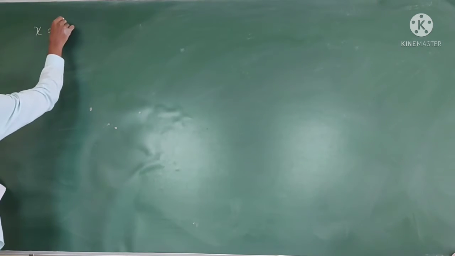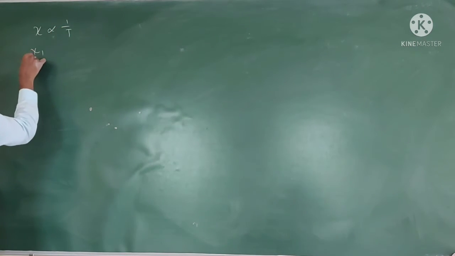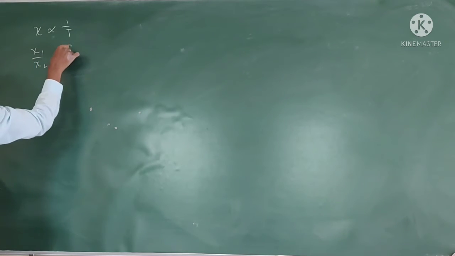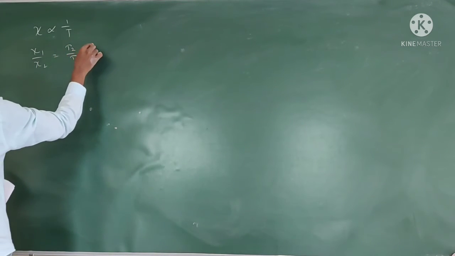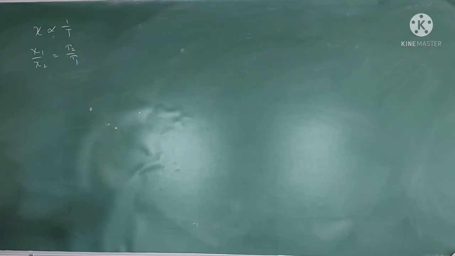Next, 16th question. Magnetic susceptibility of a paramagnetic material at minus 73 degrees Celsius is 0.0075. Then its value at minus 173 degrees Celsius. The relation is that it is inversely proportional to T, so χ1 by χ2 is equal to T2 by T1. You just convert into Kelvin scale. They are given in degrees Celsius, you follow the Kelvin, you will get the answer.